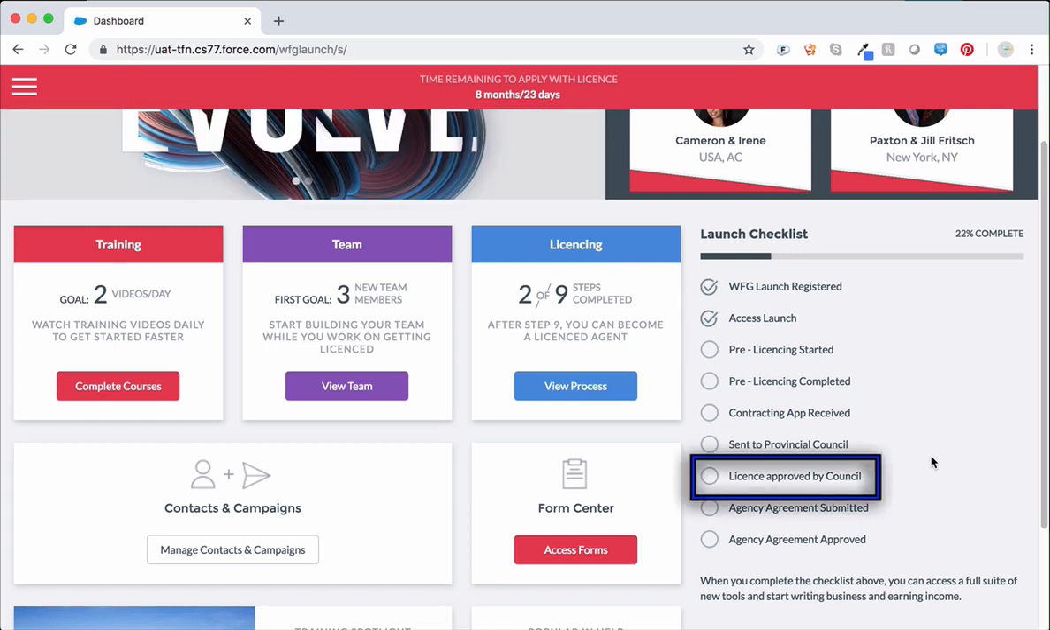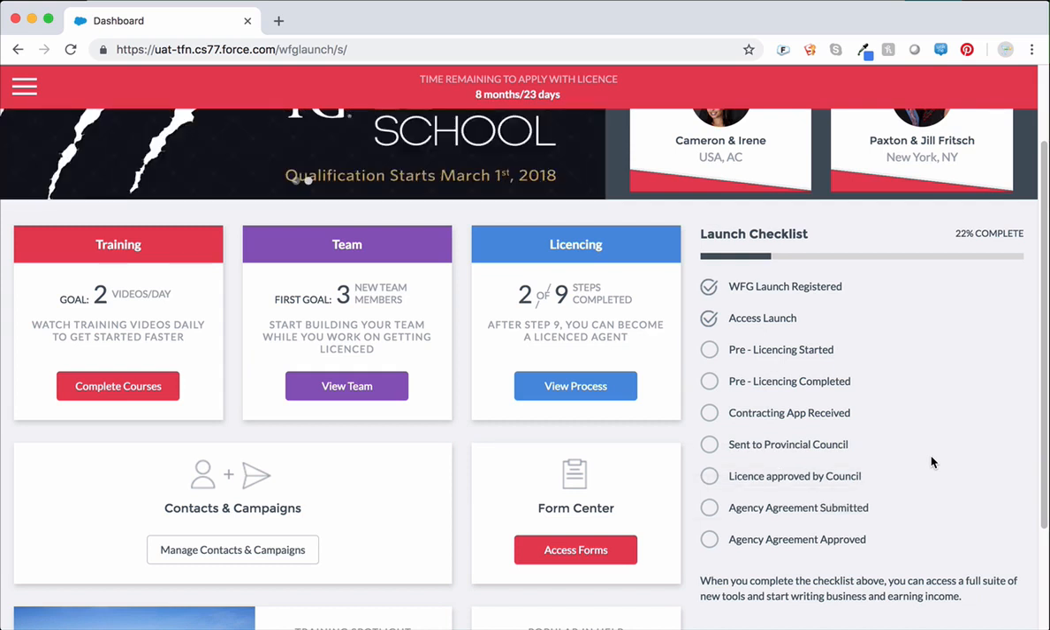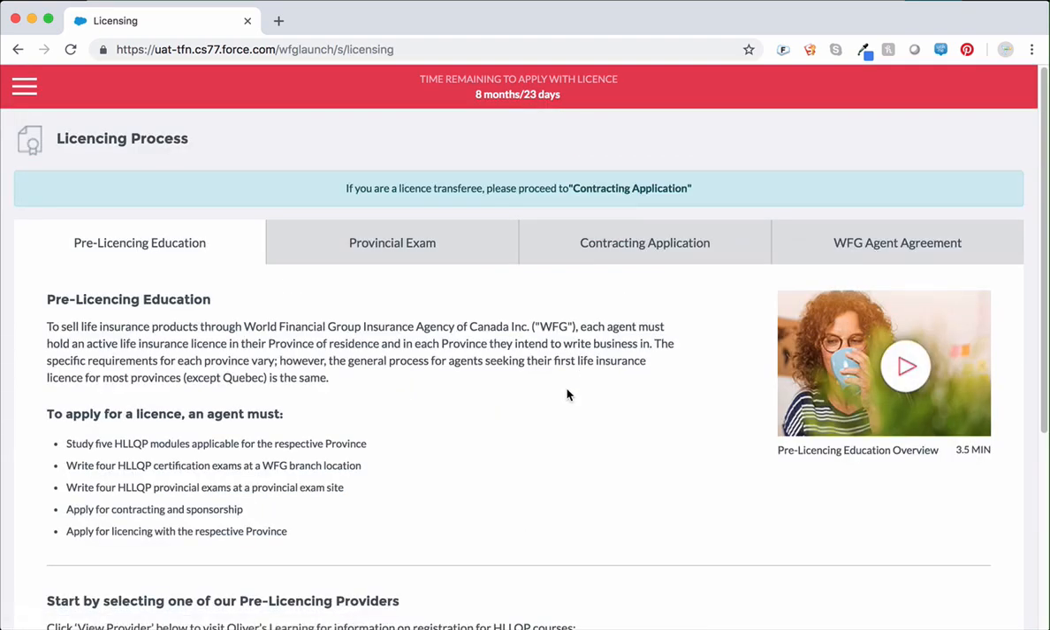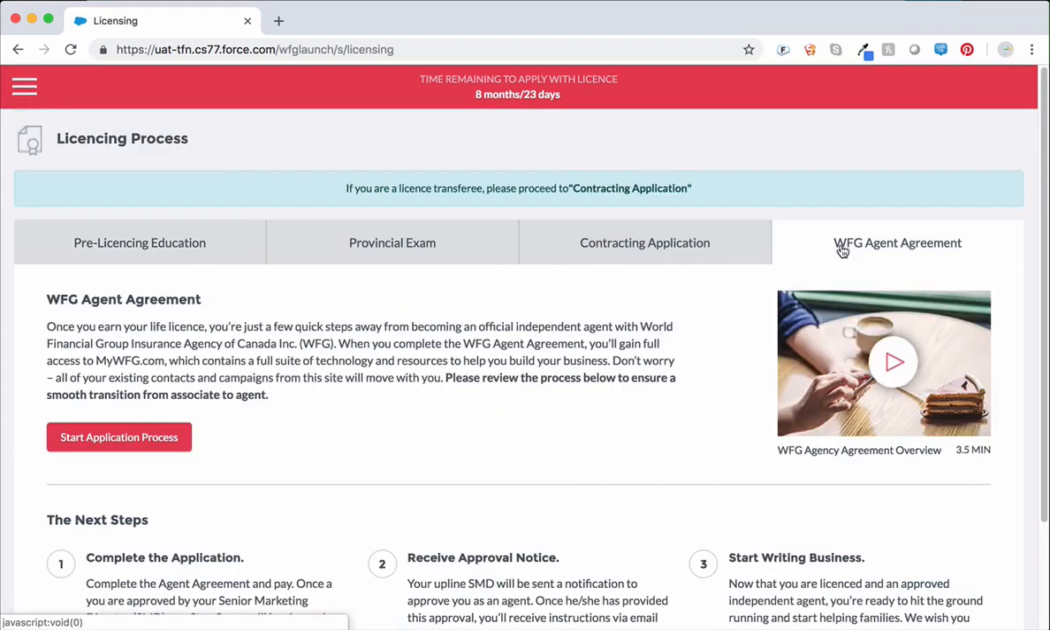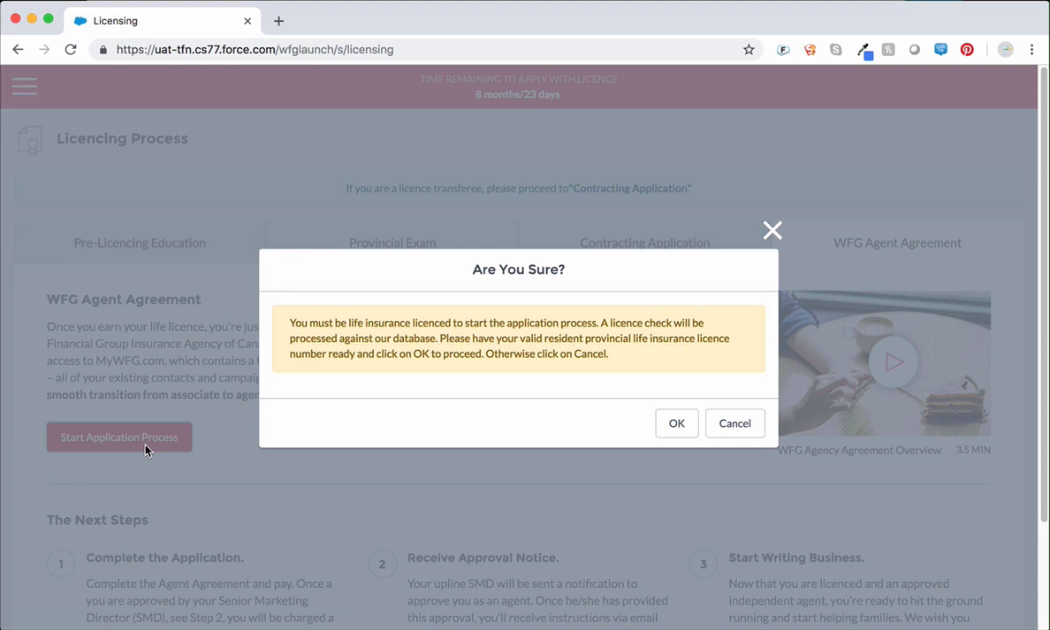At this point, you can submit the agent agreement. Note that you must have received your license number in order to begin this process. To begin, click the Start Application Process button. As part of the process, note that you'll be required to enter your license number so it can be verified